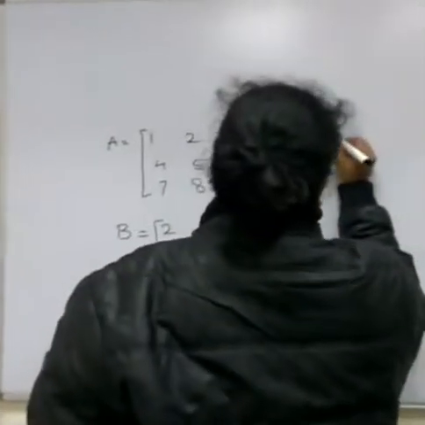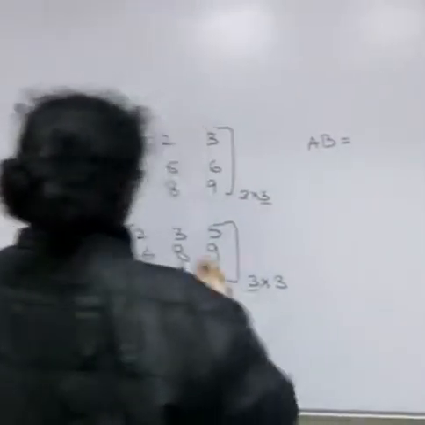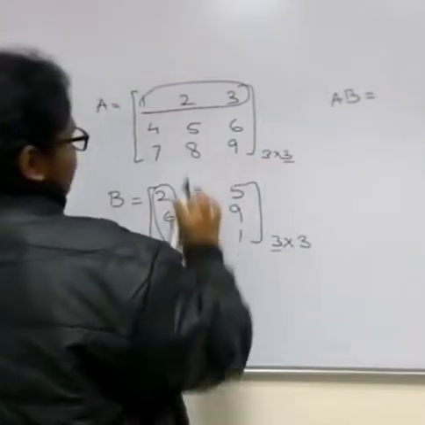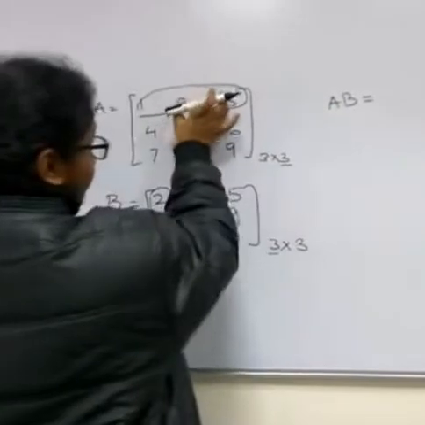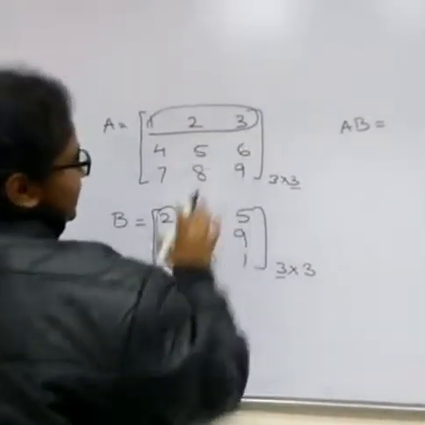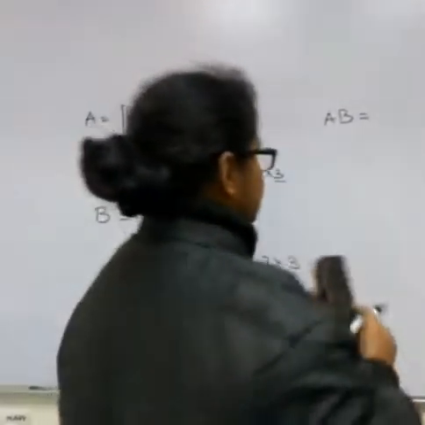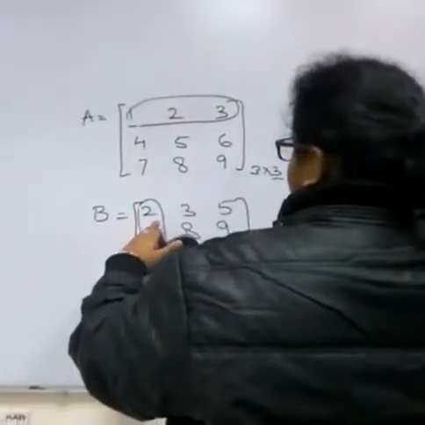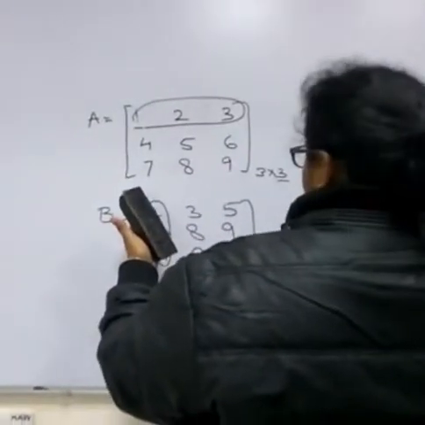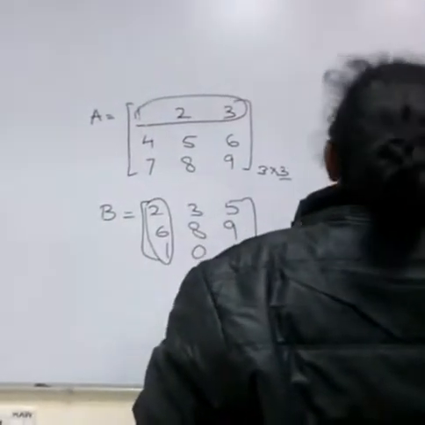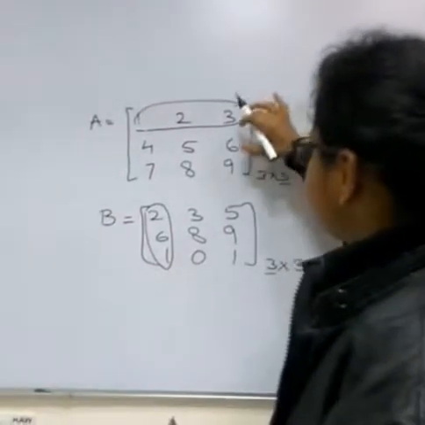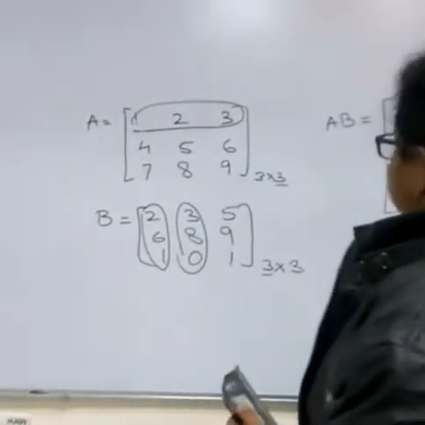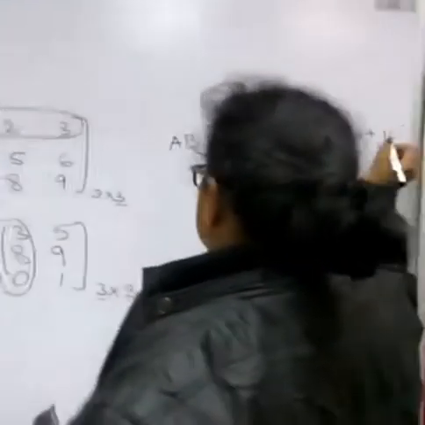So, for AB, we multiply the first row element-wise to the first column, and the sum of all these multiplications gives us the first element of the matrix AB. So, first element of AB will be 2 plus 12 plus 3. For the second element, we multiply the first row to the second column. So, this is 3 plus 16 plus